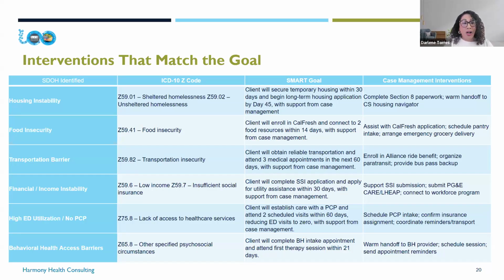These slides are all available to you with examples of SDOH ways of supporting the client, and based on what your own mandates are, these can support that work.